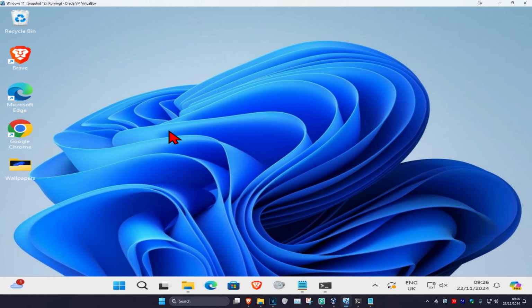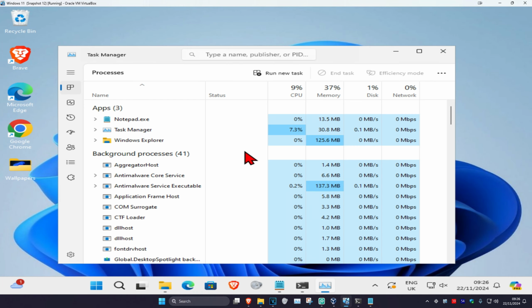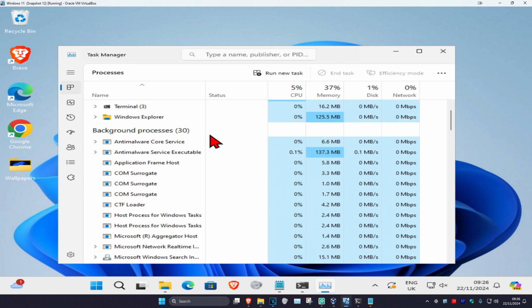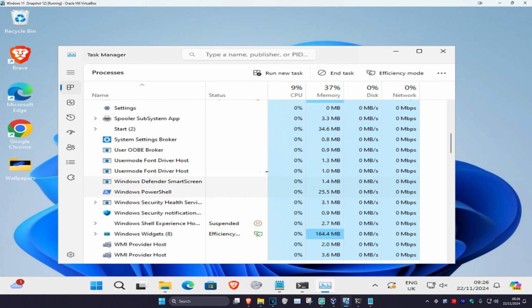So guys, before we do anything, you want to head over to search and type in Task Manager. Click on it. And then once you run this, if you see any Office application running, you just want to close it. So you want to scroll down. If you see like Excel, Word, anything like that, you want to click on it and then click on End